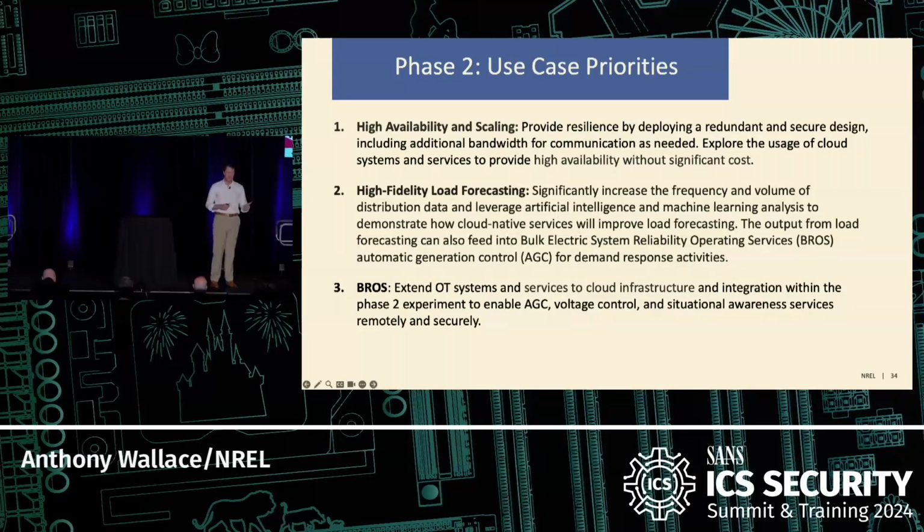High availability and scaling, that's a pretty obvious one for cloud services. High fidelity load forecasting. The machine learning aspect of this, I'm going to say machine learning and try not to use AI buzzwords here, but machine learning aspects for things like time series data and load forecasting. And then BROS. Sorry, I hate that. BROS. Hey, bro. It's bulk electric system reliability operations. That's the one that starts to become a little bit contentious because we start talking about control, but we'll get